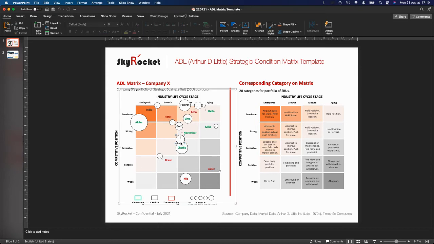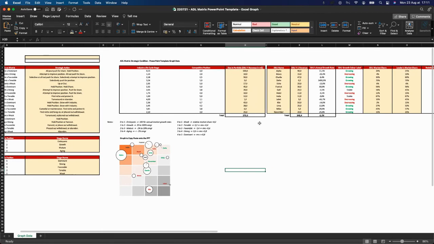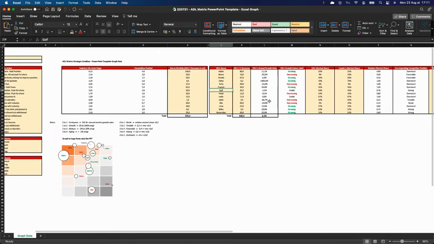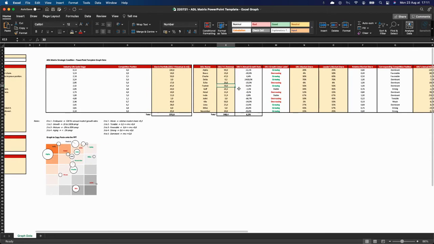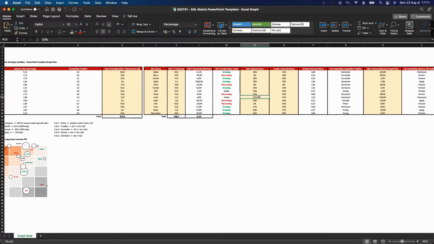Behind this model, you have an Excel graph, of course, which is here, and the model behind. It's very simple in terms of inputs. You need to input the size of the SBU. Secondly, the name, then the revenue, current revenue, and the revenue before that, so we can have the growth rates. The market share that each SBU has in its market, and compared to the leader's market share, which automatically enables